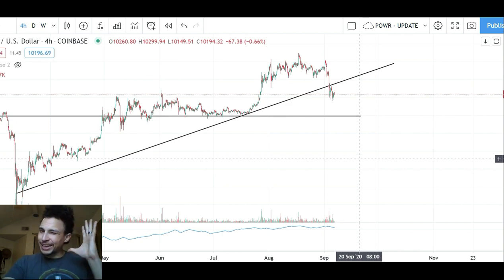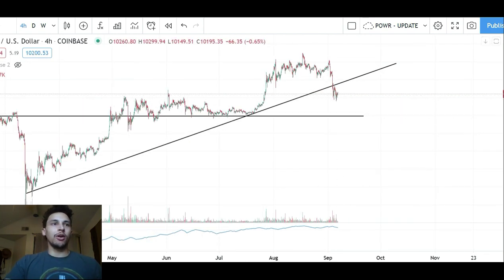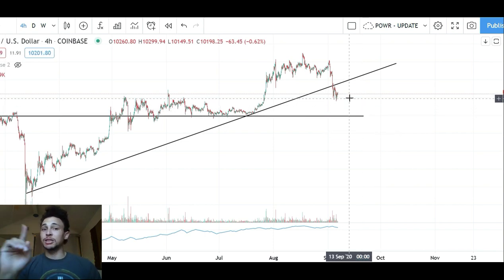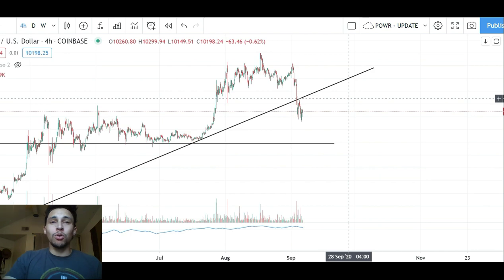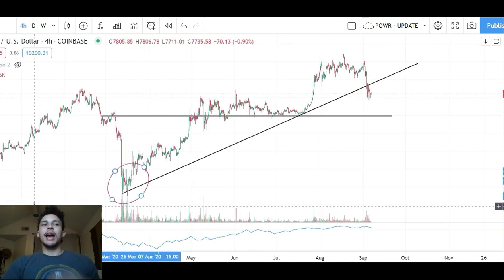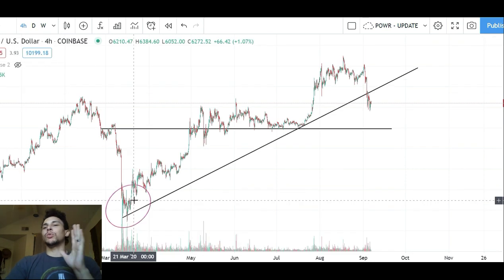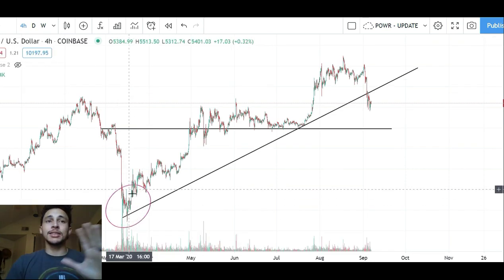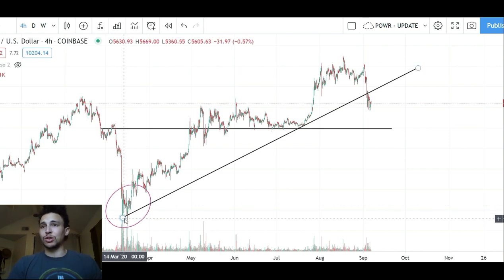We have no idea what could happen in this crazy time. But most likely, if we do fall, it looks like we can fall 8 to 15% in Bitcoin value. Just be aware that will affect altcoins to some extent. But the good news is, guys, this level right here, I'm thoroughly convinced Bitcoin will never go lower than. Not financial advice, do your own research, y'all are adults, but this area was $3,000 or so for a Bitcoin.